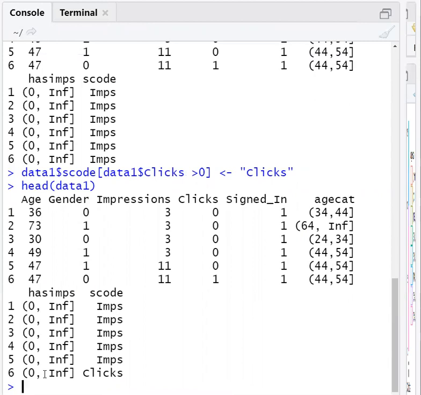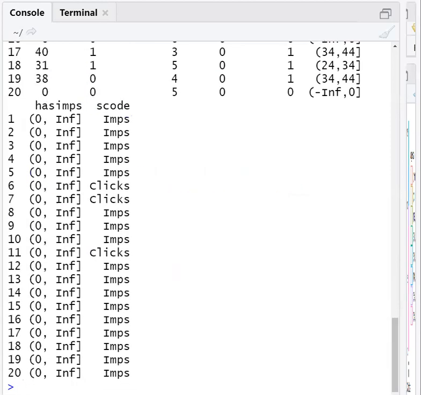So if click is greater than 0, we'll print clicks. So we can just look at 20 rows. Clicks are there, impressions are also there.